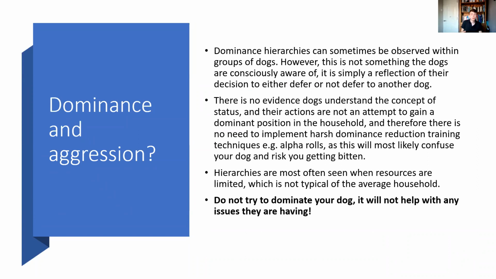But in a situation where resources are very limited, you sometimes get this kind of hierarchy, which can be observed in terms of whether dog A or dog B gets access to food or gets access to a particular sleeping spot when they want it. And generally one of the dogs will defer and say, no, it's all right, dog A, you can have that resource, or no, it's all right, dog B, you can have that sleeping space, and give it up. So there's not generally any aggression even involved in that process.